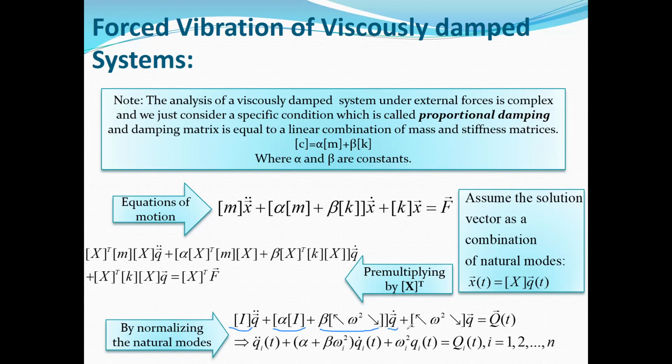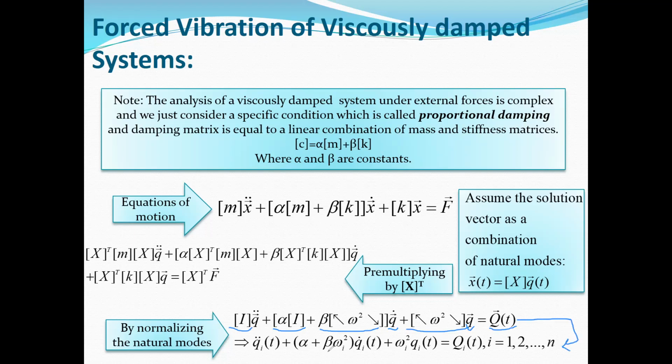And for K, we will have again a diagonal matrix whose components are omega squared, multiplied by Q, and it is equal to Q transpose times F. So again, if you expand the matrix form, you can extract n ODEs of order 2,